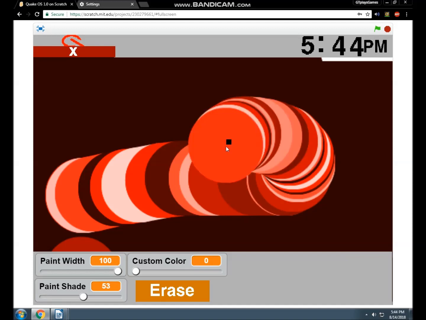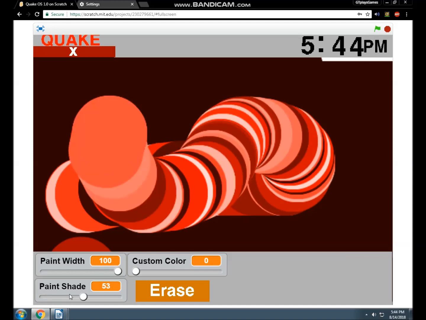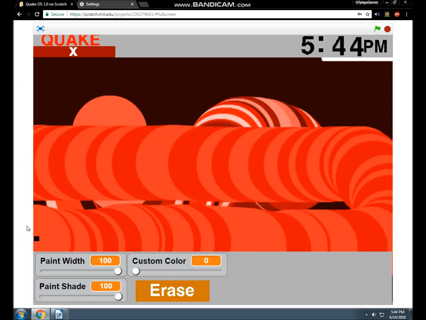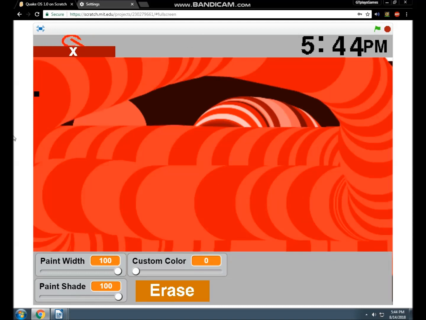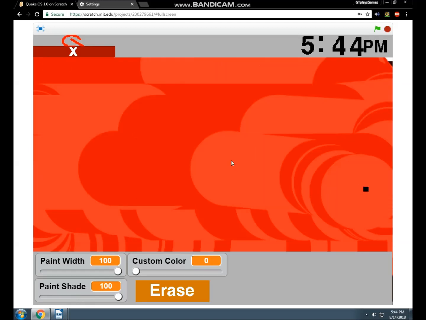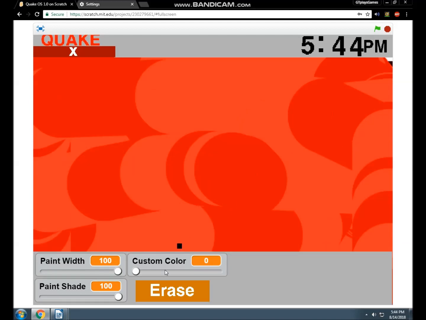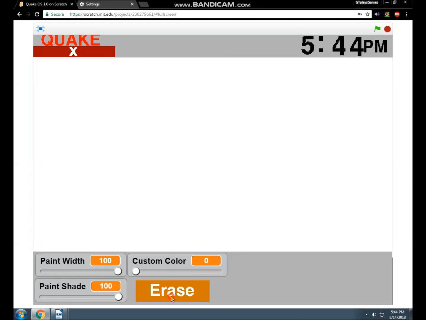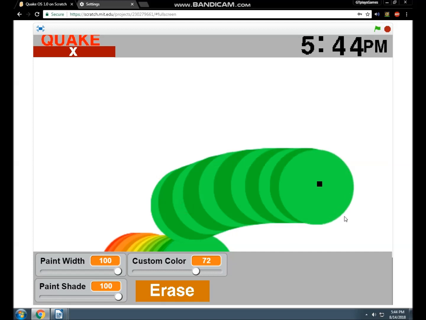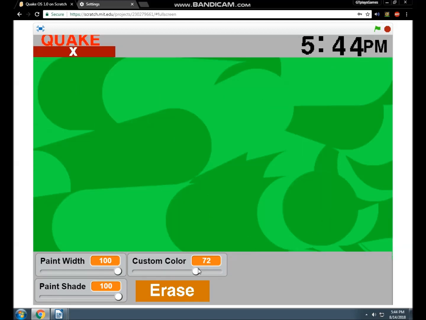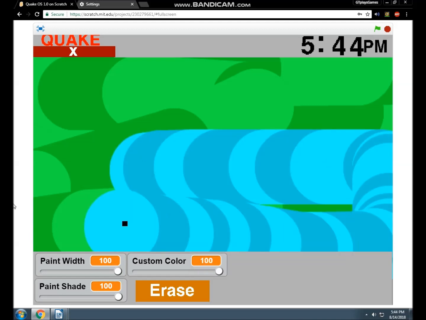And this is what's broken about it. It does, like, multiple shades. However, if you take all that up to 100, it's a little bit better. Like, it looks a little more natural. It looks like a little more natural red, but it's hard if you're trying to color into one color. And then if you want just to get rid of it, just click erase. And then if you want to change your color, just do this. Like that. Perfect. It can go only up to blue, so no purple.